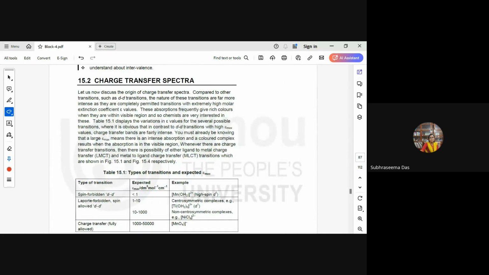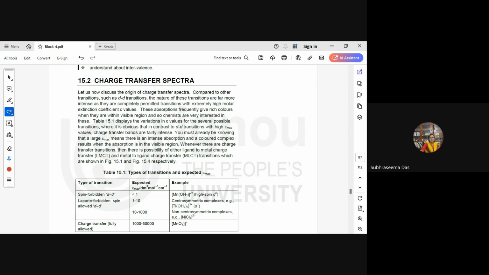So first, coming to the origin of charge transfer spectra. These are the various types of expected and unexpected transitions that we know. So whenever there is a charge transfer transition,